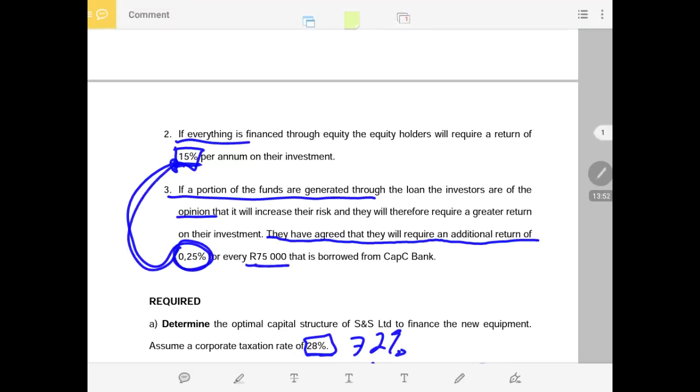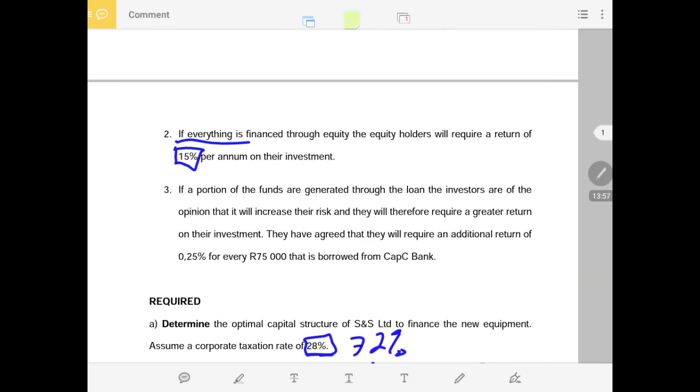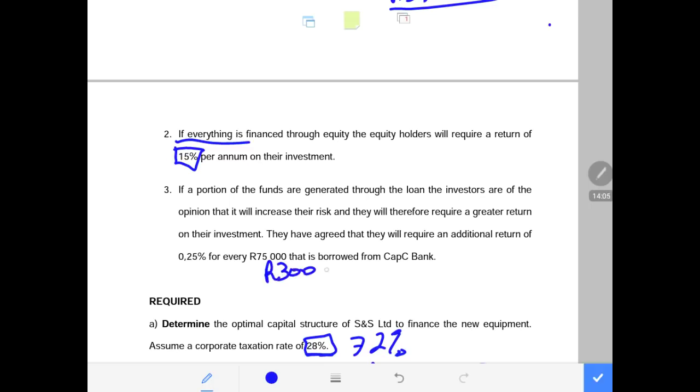The question still remains. So here are the options, just again to bring more clarity and emphasis on this aspect. Meaning, if we decide to finance 300,000 of this equipment through equity, assume that this is equity, it means we did not take the entire 375,000, so there is 75,000 that is not funded through equity. Therefore, we will have to say 15% plus